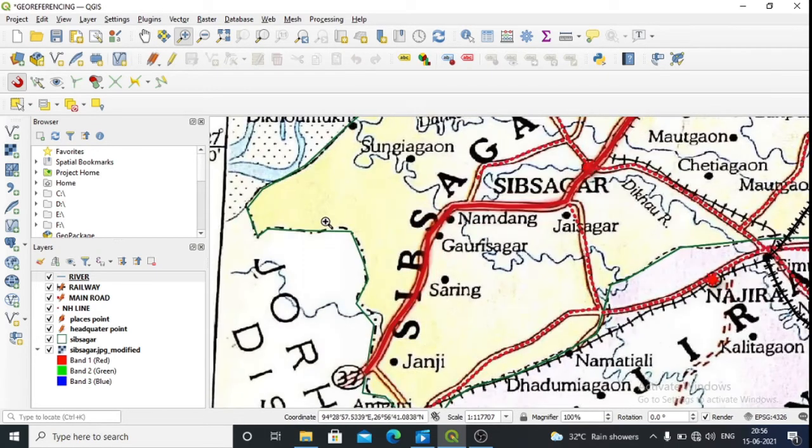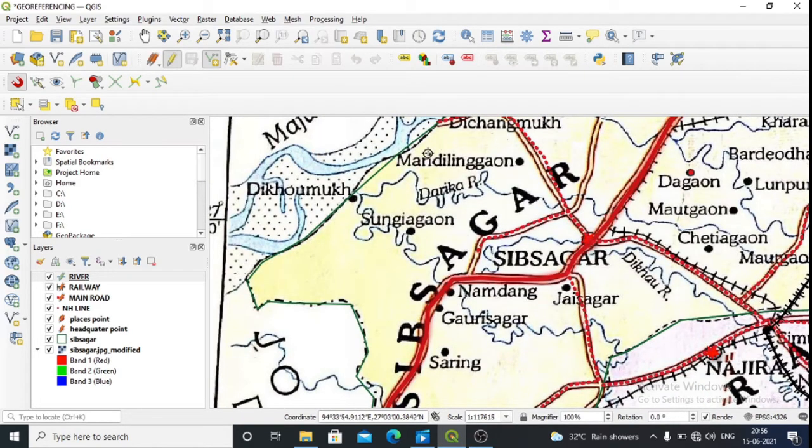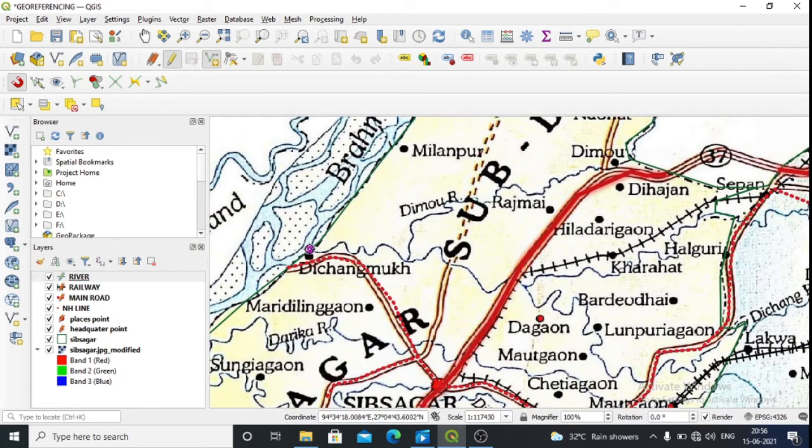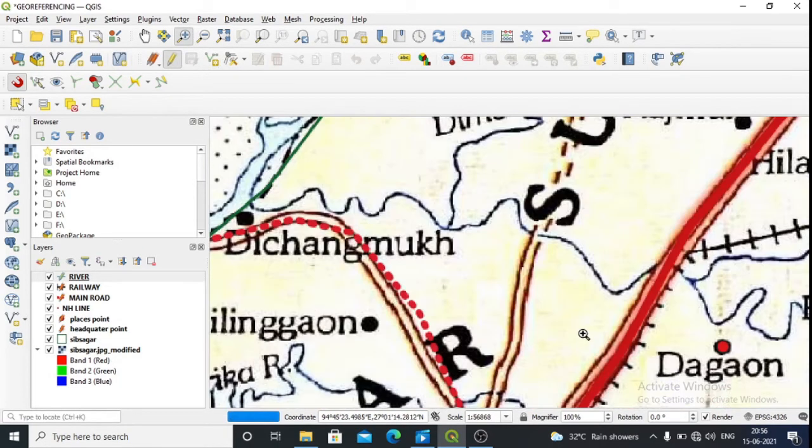Okay, or let us show it. So you have to zoom in. Okay, zoom in as much as you can, otherwise you will not see it. So I'm going to add the line feature. Okay, I'm going to start from... this river is starting from where? Okay, so let me start from here. You have to zoom in more, otherwise it will not be good.